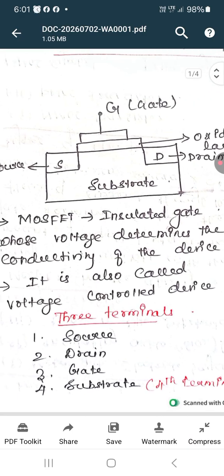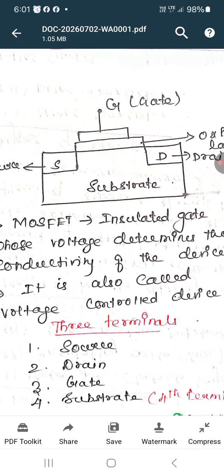So here you see the base region as a semiconductor; we take it as the substrate, and in this substrate we have to develop the source part and drain part by the process of